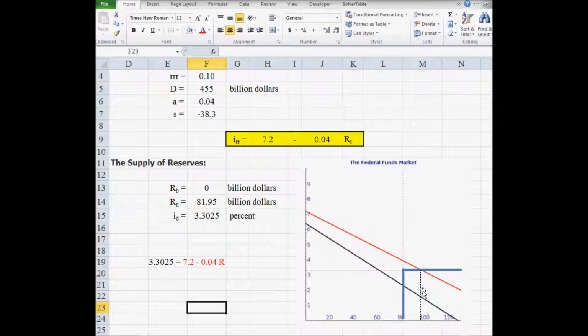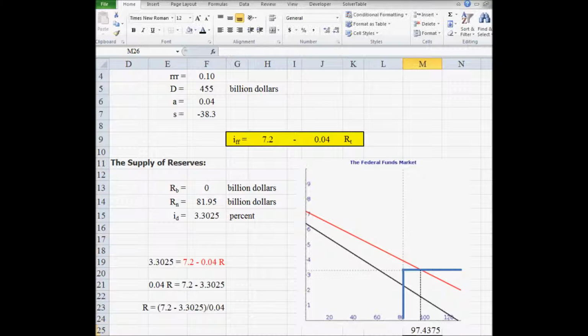To find this quantity of reserves here, we have to set the new demand curve equal to the discount rate. We've done that over here. We want to solve this for R. This is your discount rate, and this is the right-hand side of the new demand curve. So down here, we've added 0.04R to both sides of the equation and subtracted 3.3025 from both sides of the equation. And then down here, we've divided both sides of the equation by 0.04. So the quantity of reserves is equal to 7.2 minus 3.3025 divided by 0.04,